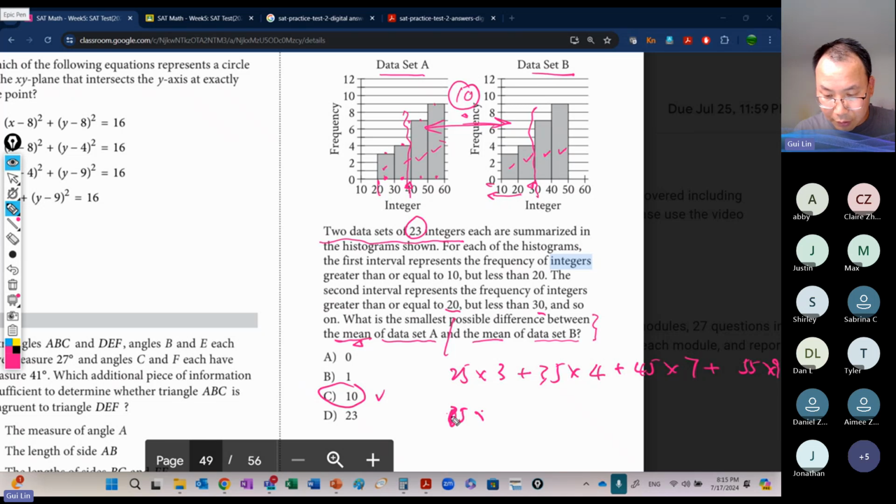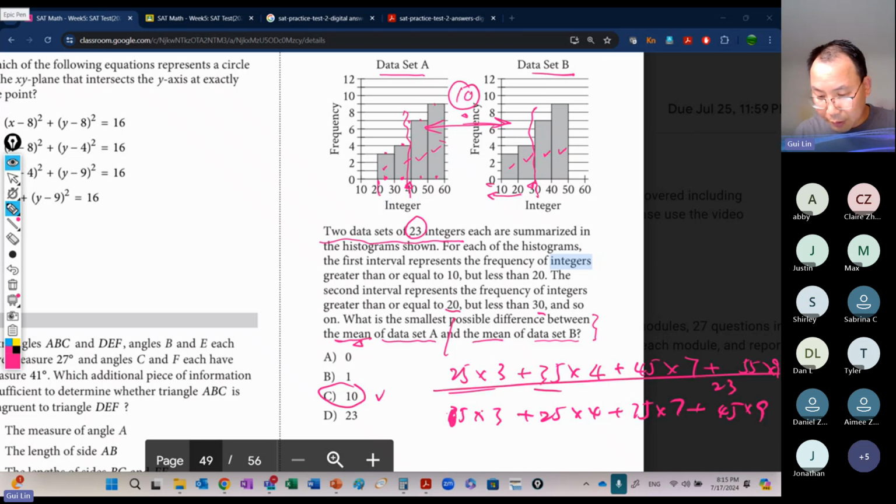So the other one is a bit lesser. And lesser is here 15 times 3, here is 25 times 4, here is 35 times 7, and here is 45 times 9. Totally divide by 23, divide by 23. So the difference between them,